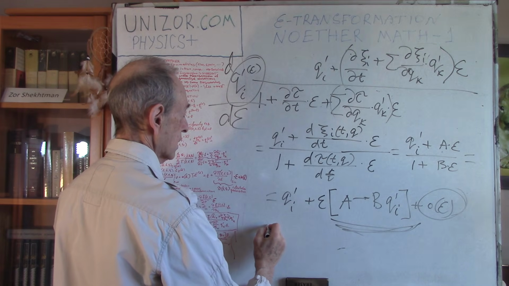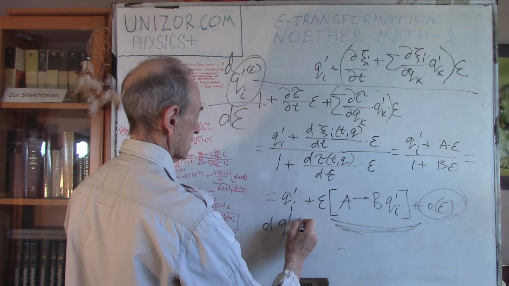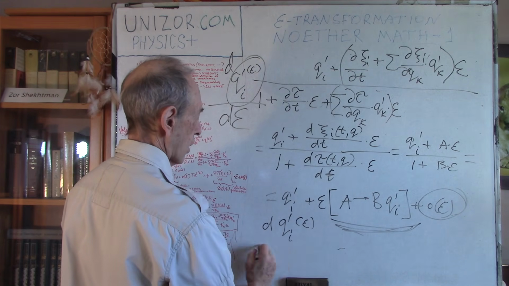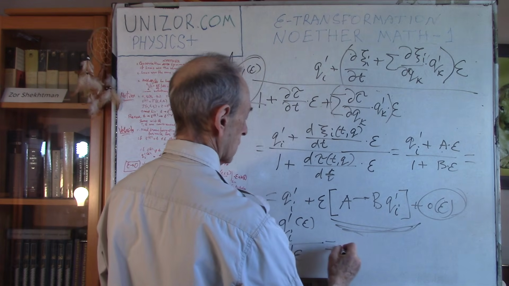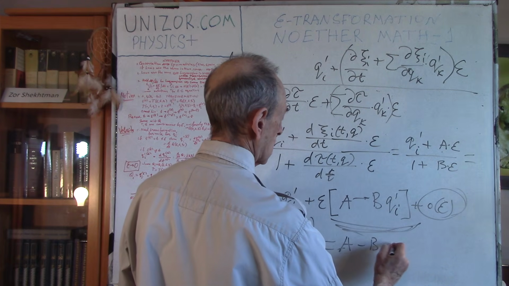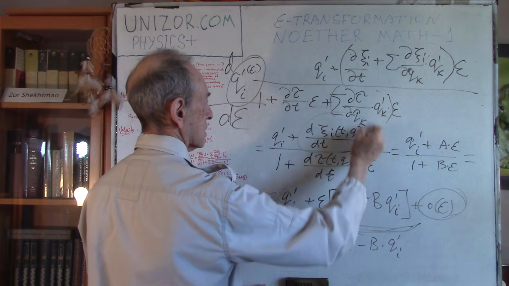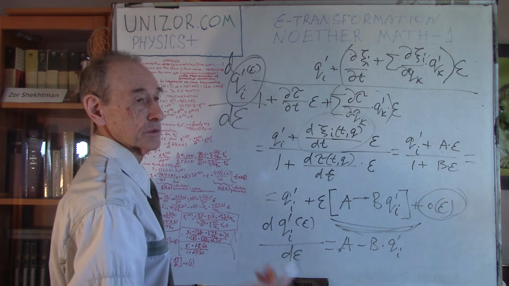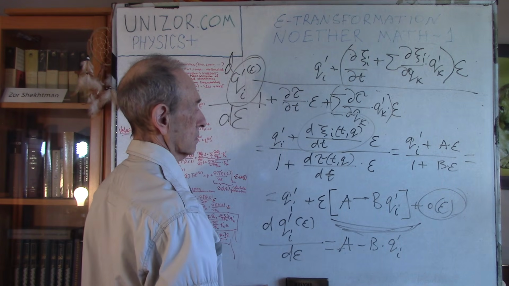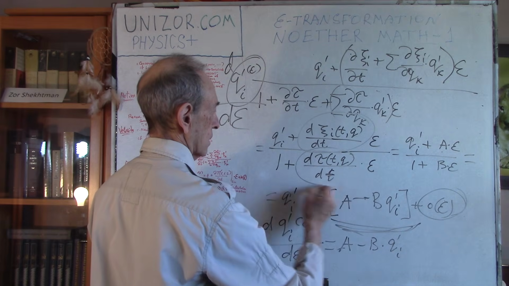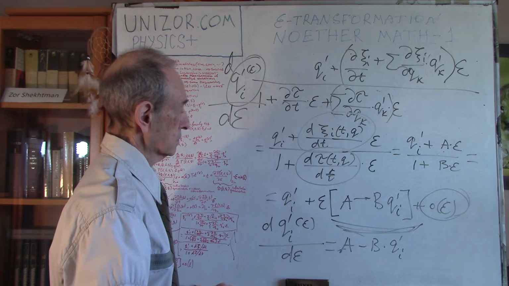So basically the whole thing would be differentiation of qi velocity transformed by d epsilon would be equal to a minus b qi prime, where a is equal to this, the generator of spatial transformation, and b would be this, generator of time